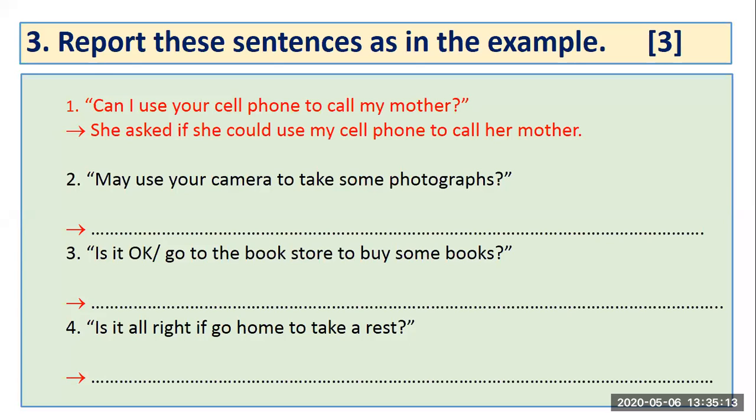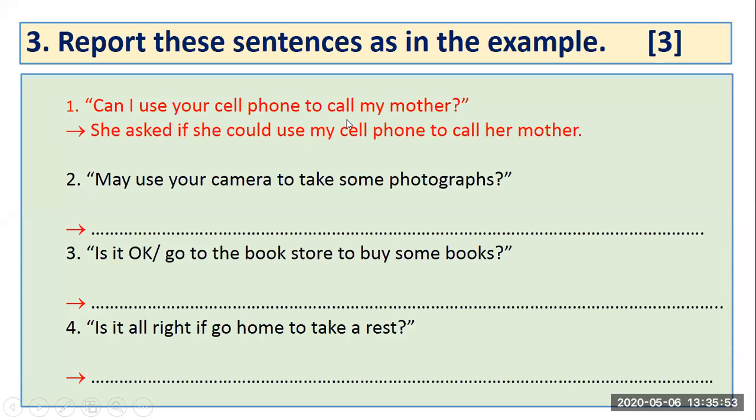The word ask here is in the past tense. It is also called a reporting verb. You know reporting verb? Asked, inquired, wanted to know, told, ordered, commanded. These kinds of words are called reporting verbs. See, the reporting verb is in the past tense here. The rest of the tense also changes. Look at it. She asked if she could. So can becomes could. She asked if she could use my cell phone